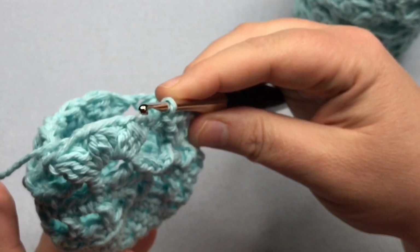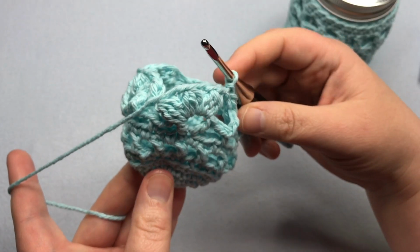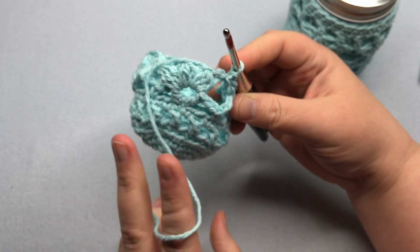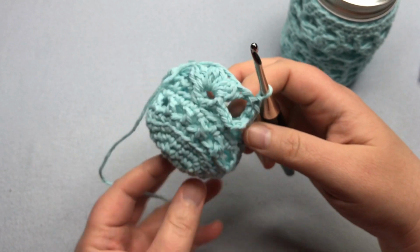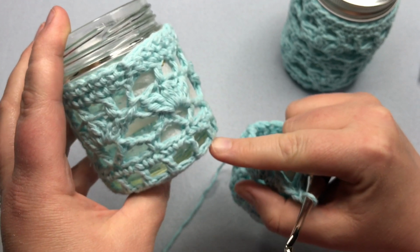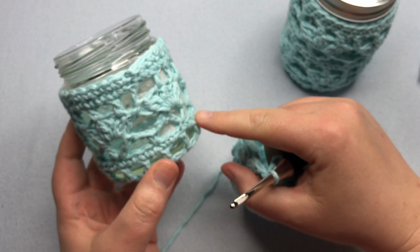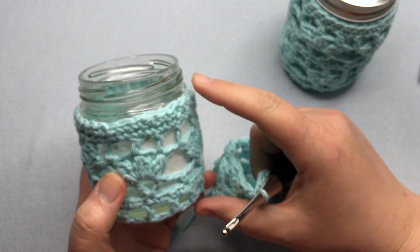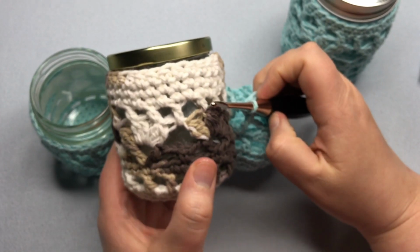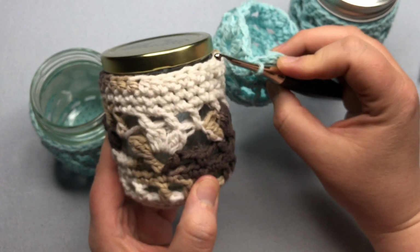Okay, so now we have that 4th round completed, and we've got our pattern just as you need it. Now you're going to make the 5th and 6th rounds just as the 1st and 2nd. That is going to be for the smaller ones. So you're just going to repeat those 1st and 2nd rounds, this part and this part, to make the smaller one, and then you'll make that single crochet all the way around to finish it off here. If you find that it's too short, like on this one, just for the small one, after I did those next few rounds, I went ahead and added one more round of half double crochet,